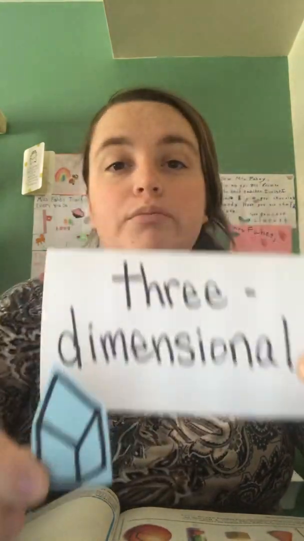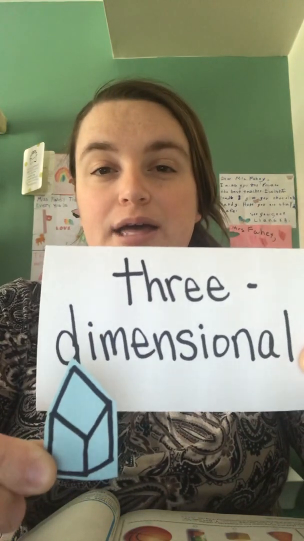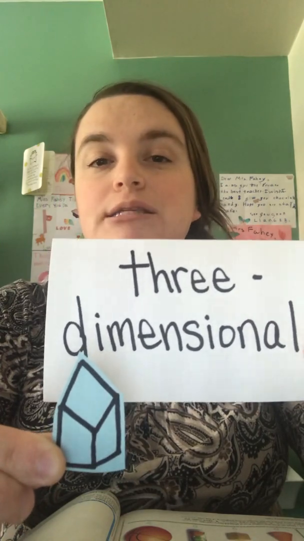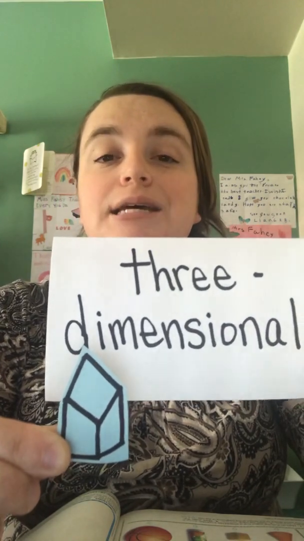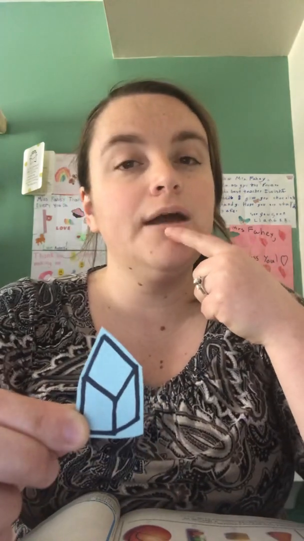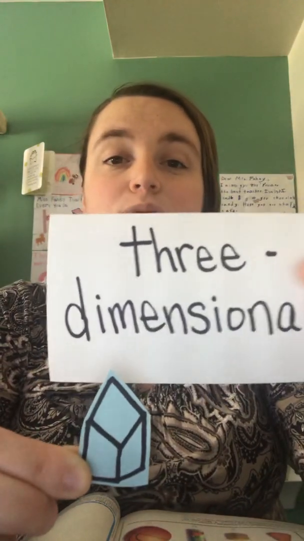is our cube. This is a solid shape, and from this picture, can I see all of the sides? We know that a cube has 6 sides. How many sides can you see in this picture? Let's count. I see 1, I see 2. I only see 3 sides. So that means it is a three-dimensional shape because we know that this cube has 6 sides, but we can't